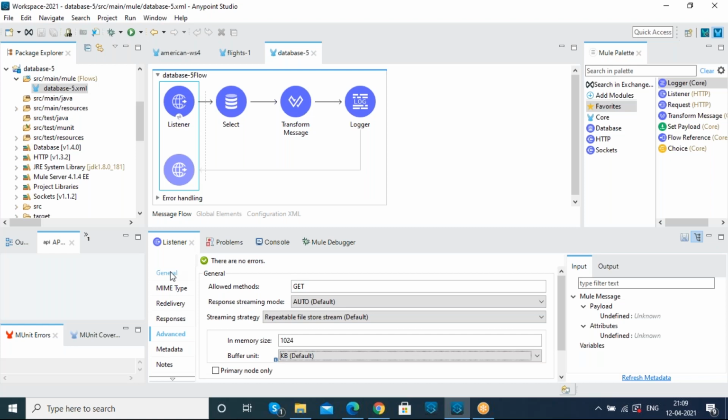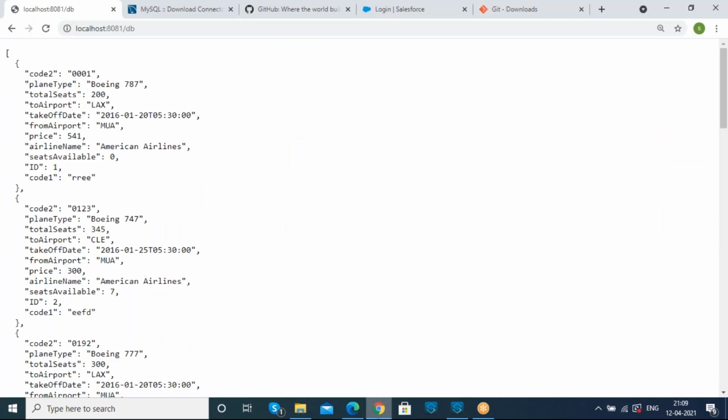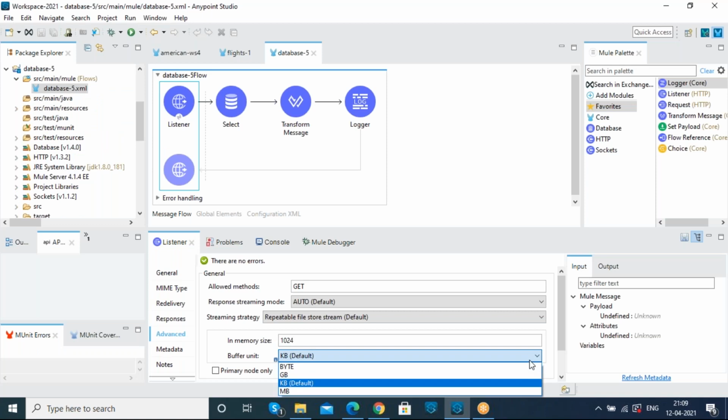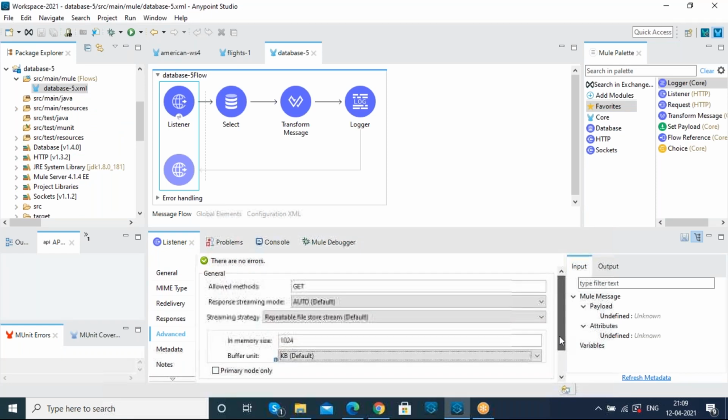Is this 1024 default size, or do you have to change it according to requirement? See, it is by default mentioned in it. If you want to change it, you can change it. Okay. Whatever configurations you want to do on your laptop, you can do it, right? In your application, whatever you are designing, that is your wish. Since they are directly showing these options for you, there is no need to have much confusion.